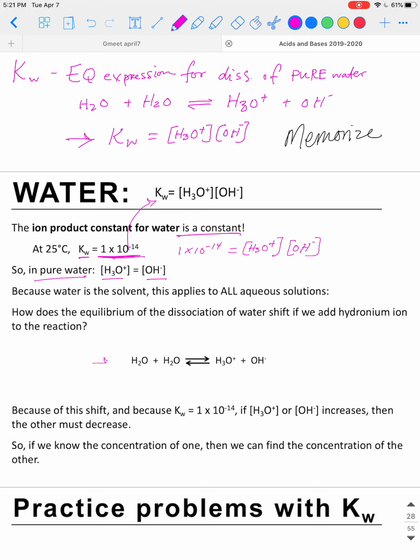Now let me ask you this. If we're looking at this equation for water down here, every time one water acts as an acid molecule and one acts as a base, you will inevitably get one hydronium ion and one hydroxide. You cannot get one without making the other. Okay, so that's why the concentrations of these things in pure water have to be equal. And if they're equal, what that means is we take the square root of 1 times 10 to the minus 14, and you should get 1 times 10 to the minus 7. That is the concentration for these ions